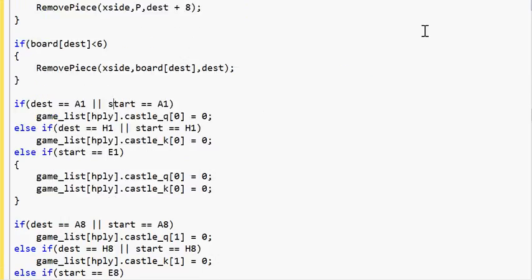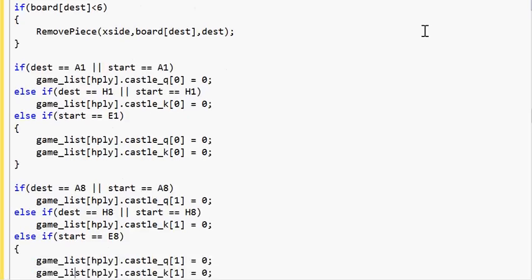And then there's a whole bunch of things which will affect the castling permission. So if you move or capture on A1, basically you're destroying white's chances of castling queen side. If you capture or move to H1, ditto goes for white castling king side, and that applies to black as well. Okay, if it's E1, if you move your king, then of course,